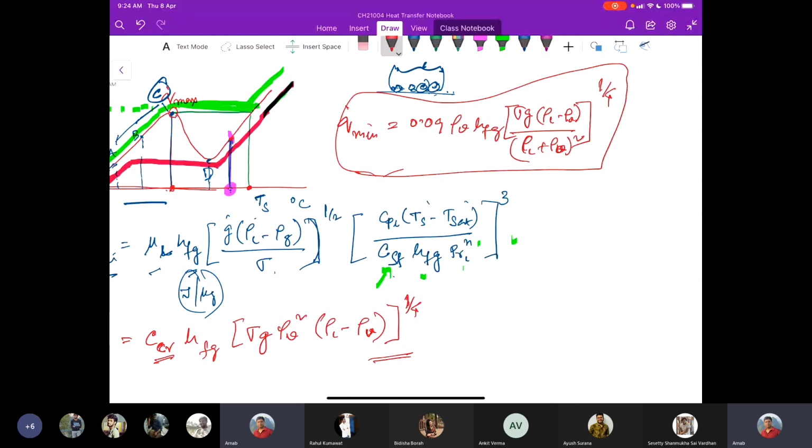Now this constant, this 0.09, is basically one determined value in such cases, and sometimes it is replaced depending on the type of heater geometry. For example, if the surface is a large horizontal flat plate or flat heater, so C critical has its own value that is in the range of say 0.15.